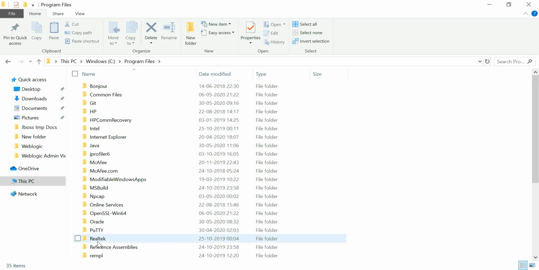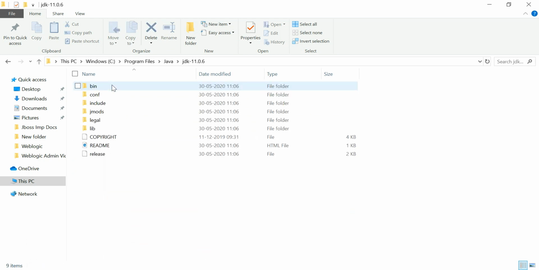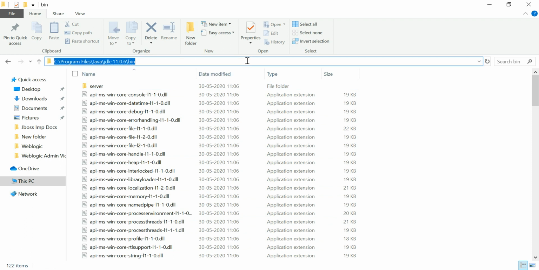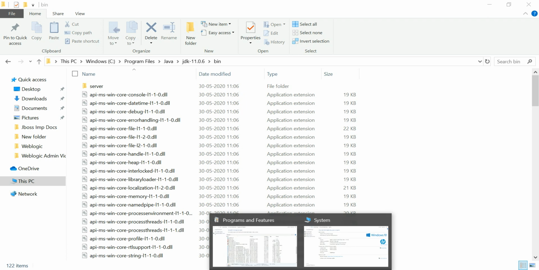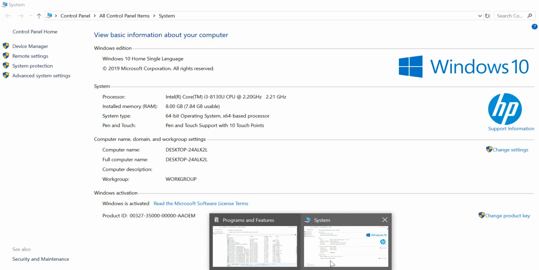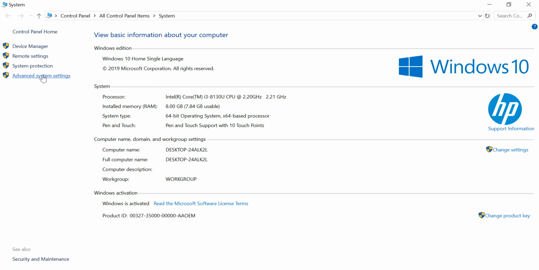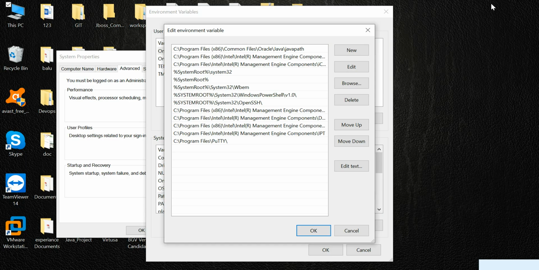Program Files, Java, JDK, bin. I have to give this path. Click on it.